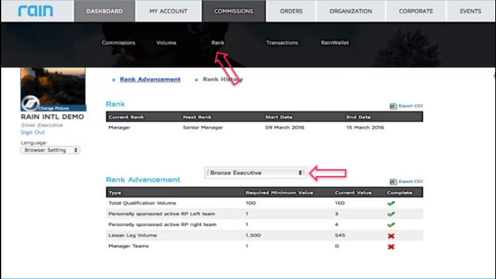You have personally active left and right. Again, the requirement is 1, but here's 3 and 4. Lesser side, 1,500 is a requirement for a bronze executive, and here it's 545. So you know that you've got to go get another 1,000 to put on there, and that'll give you a green check mark for bronze. Along the way, you'll need to create a manager team. And again, really quick, we'll get into this later on, but a manager team is someone in your sponsorship tree